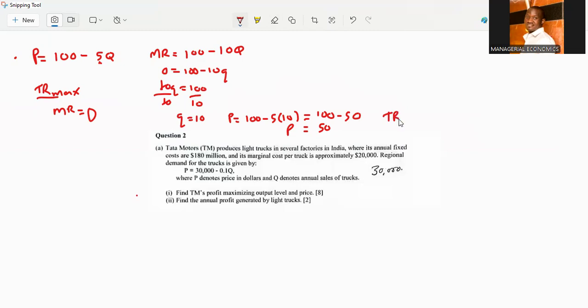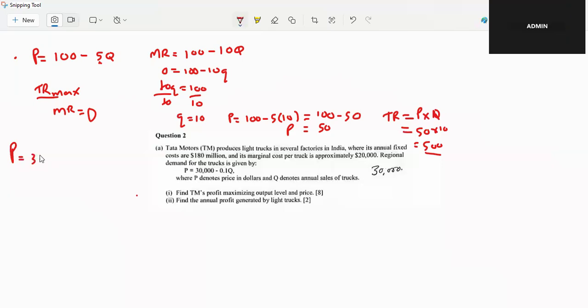And what is our actual total revenue? We know our total revenue is equal to price times quantity. Our price is 50. Our quantity is 10. So the actual total revenue in this case becomes 500. Are we together? Right. We are optimizing total revenue. Let's try another question before we answer profit maximization. Suppose you have your price as the same one here,